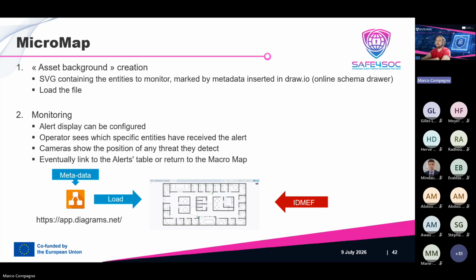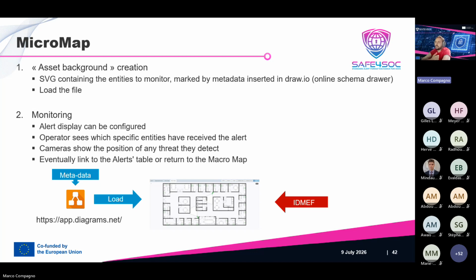Now we move on to the micromap. Now, the concept of the micromap is similar, but a little different. Instead of loading a CSV file, we would load an SVG file. This SVG file, instead of being a map, would be a floor plan or a server rack, basically a blueprint. And the only